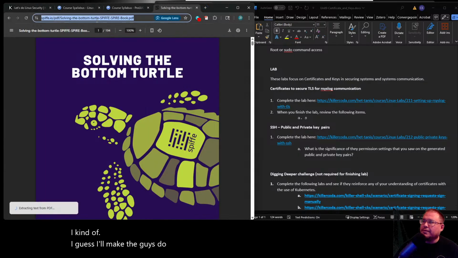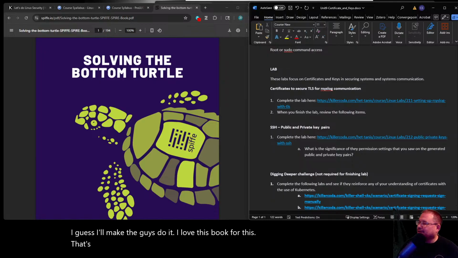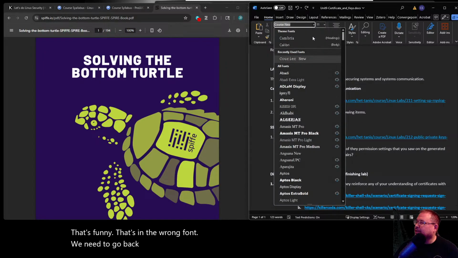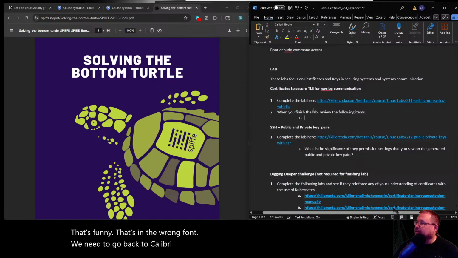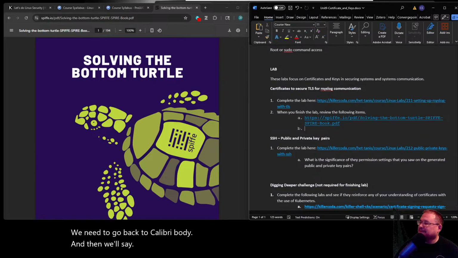I love this book for this. That's funny. That's in the wrong font. We need to go back to Calibri body. And then we'll say, whatever.